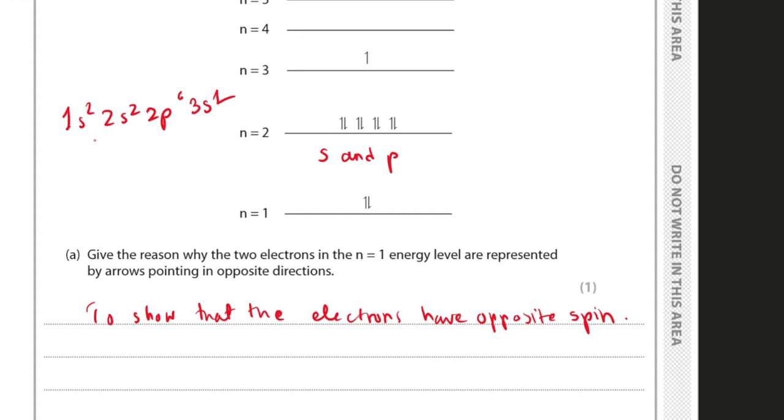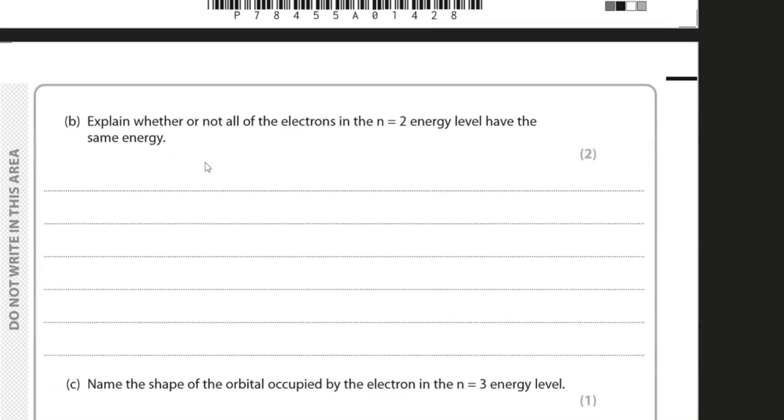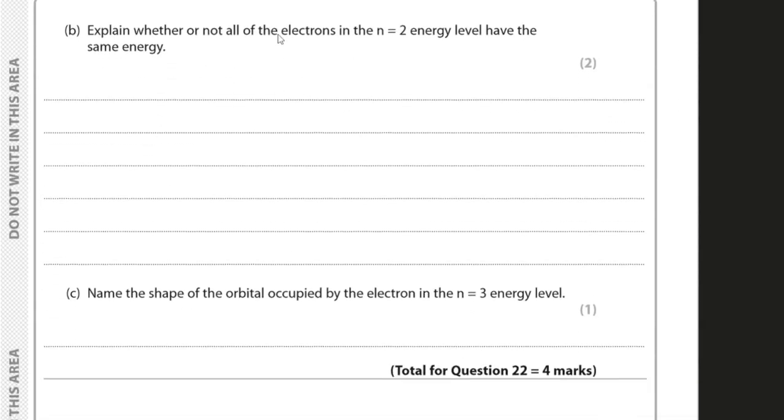We can clearly see that in our second quantum shell, the 8 electrons are divided between s and p orbitals, or subshells, whatever you call it, and obviously they don't have the same energy, because the electrons present in the p orbital tend to have a higher energy than the electrons present in the s orbital or subshell. So we can easily say the electrons present in the n is equal to 2 energy level do not have the same energy. So we can write it down that